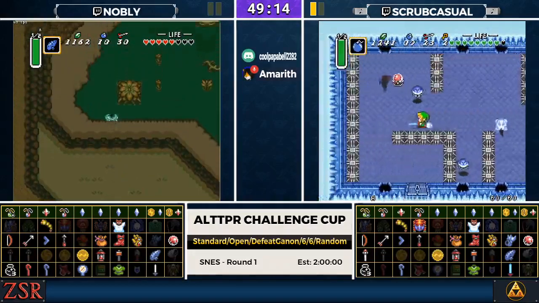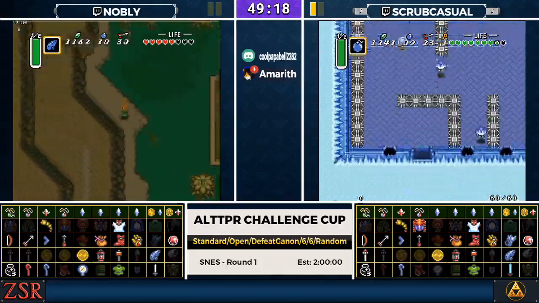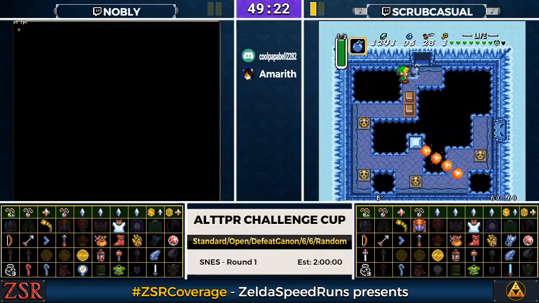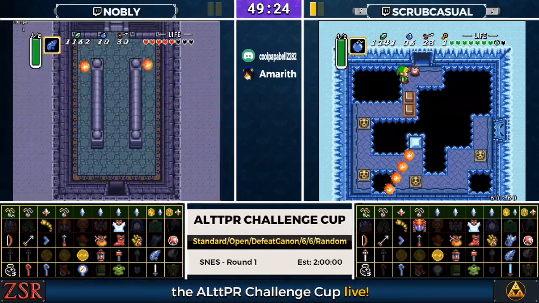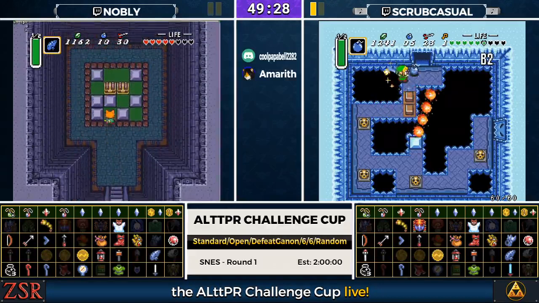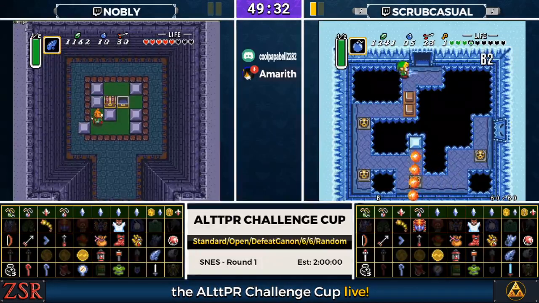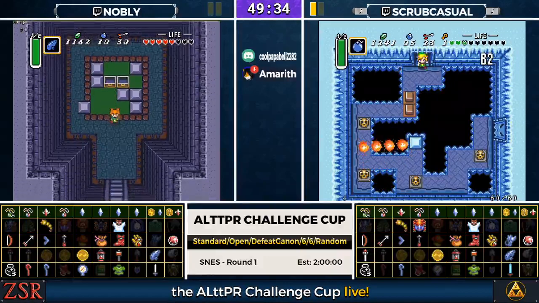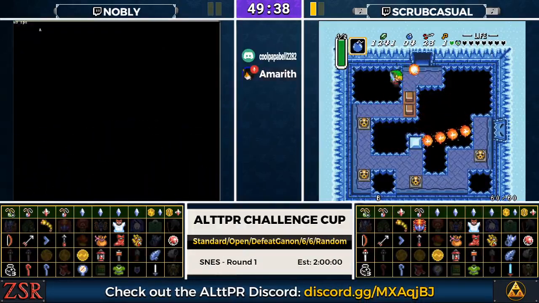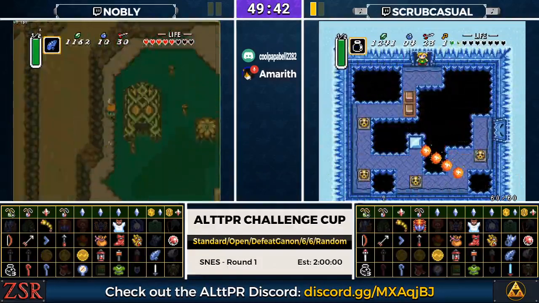Nobly maybe banking on just trying to have Swamp Palace as his crystal that he skips. Because Mire, well, he can't open Mire until he gets Ether, but Mire is technically full clearable once he does have it. He can do a quick dip into Desert Sea if he does find the Ether medallion here, or...